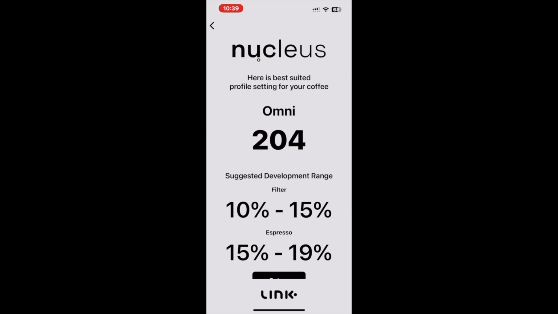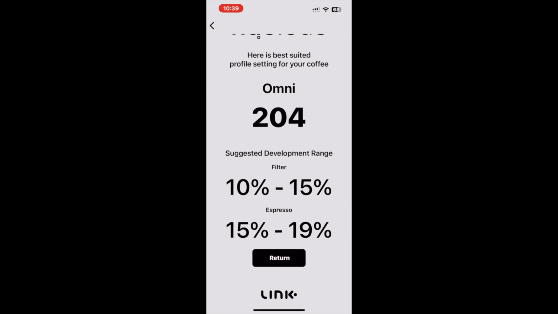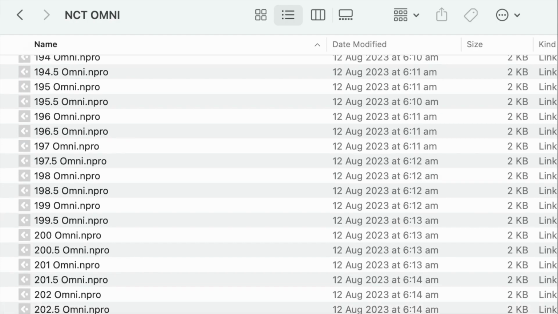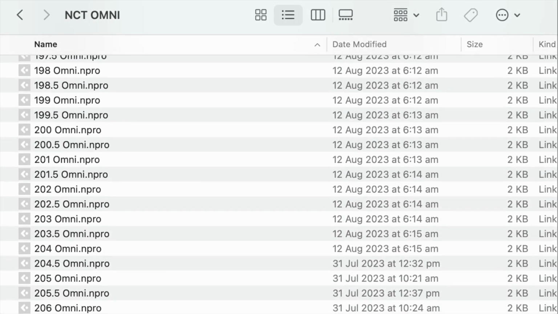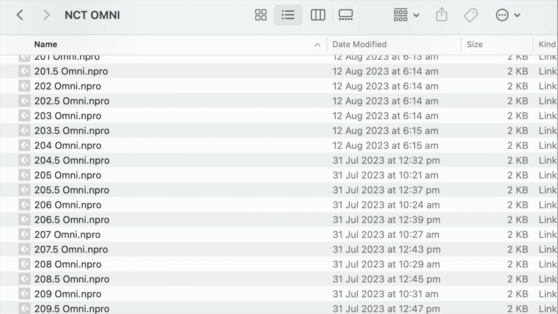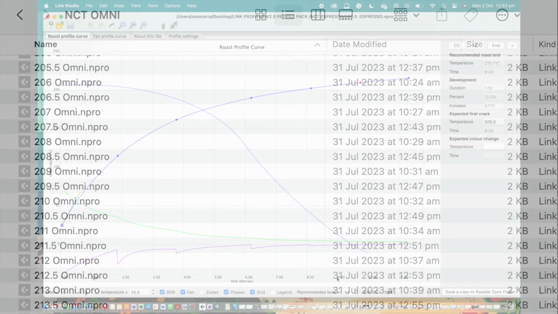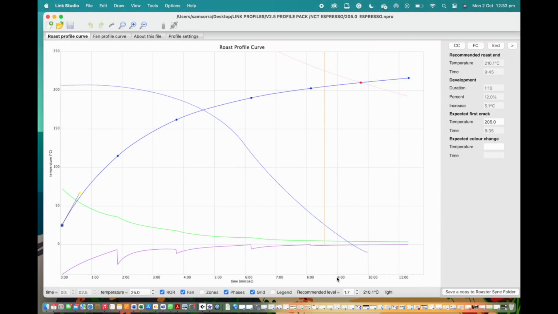These two data points will be used by the profile selector algorithm to make a suggestion on which is the best starting profile out of the 43 different versions of this curve that are housed within the Omni inbox. Now you have the answer to why this workspace has been included in the V2 update. Let's talk about the profile and why it has been designed the way it has.